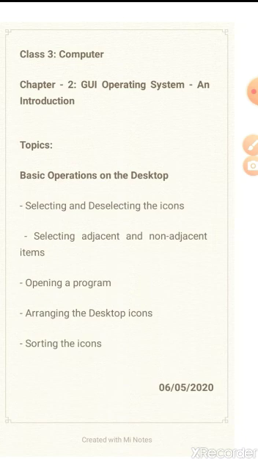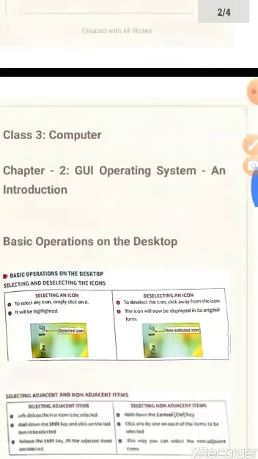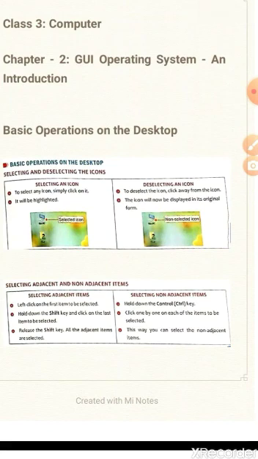So, to start with today's topic, we are going to learn about the basic operations on the desktop. We all learned that the desktop is the first screen when you switch on the computer, and we need to learn some basic operations, how to operate it, how to do your work on the computer.